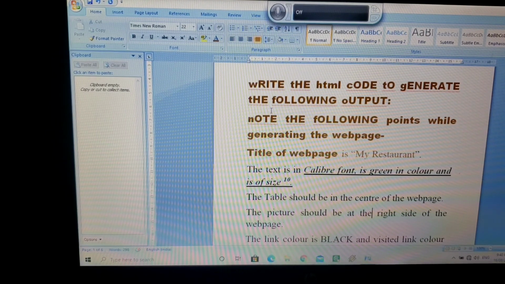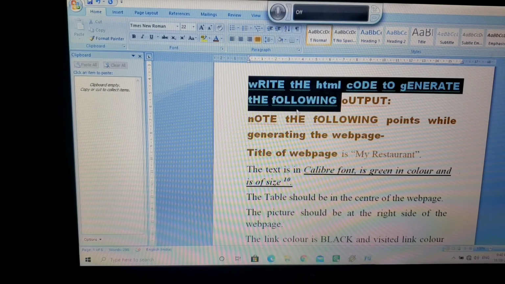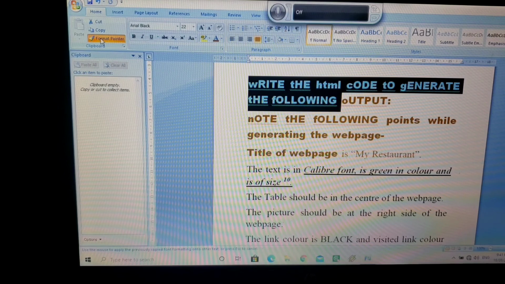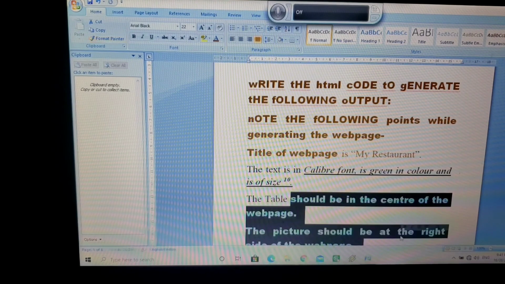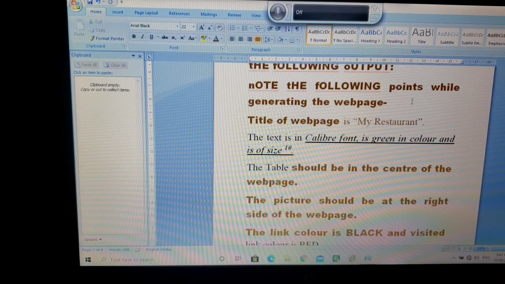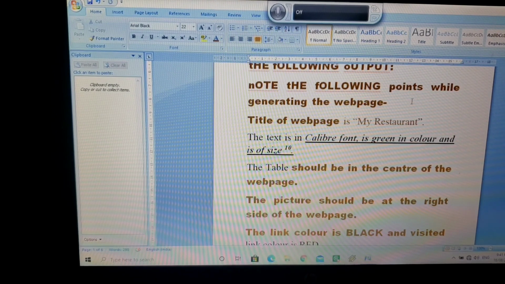How will I do that? Just select first the one with the kind of formatting you want to choose. Then here you will find the Format Painter option. Just select it and then come to the text where you want to apply it. You can see your icon has changed to the shape of a paintbrush. Now just apply it. Could you see it has changed now? So this is the way Format Painter works. It is used to copy the formatting effects to the piece of information where you want to apply it.